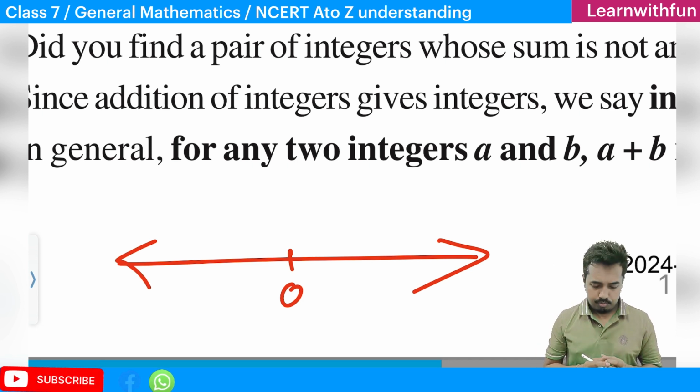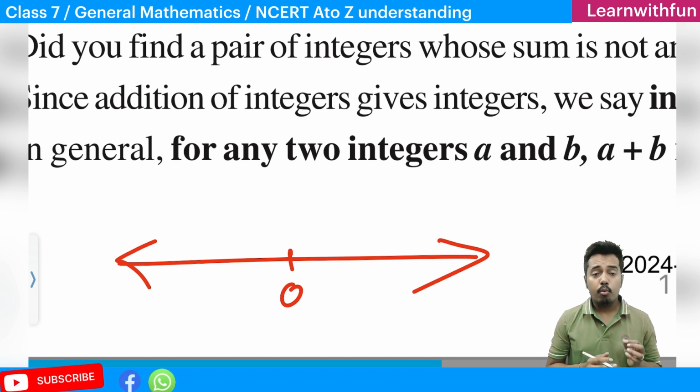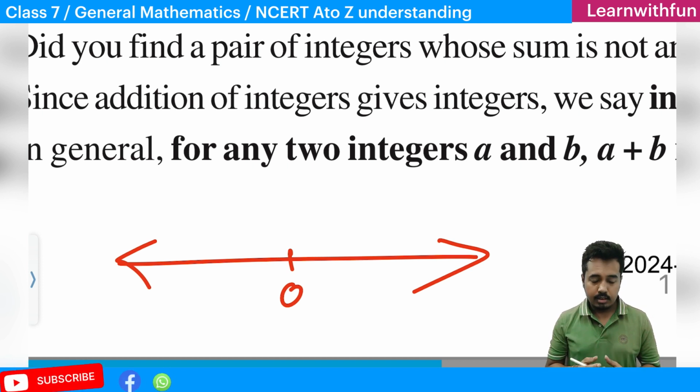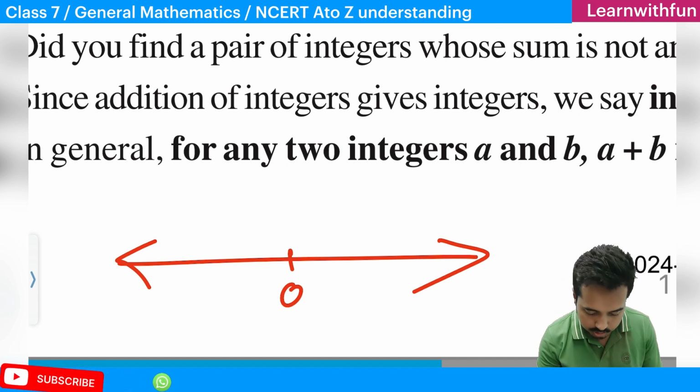You can expect a question in your examinations: state whether 0 is positive or negative. So you can say there that 0 is neither positive nor negative, but the numbers which are on the right